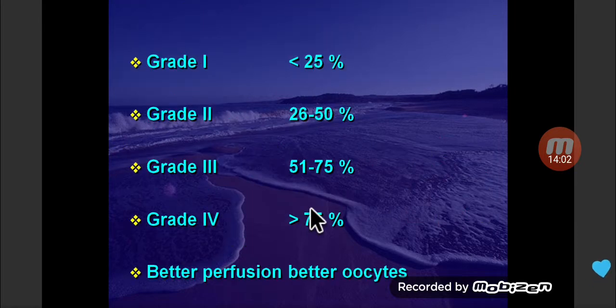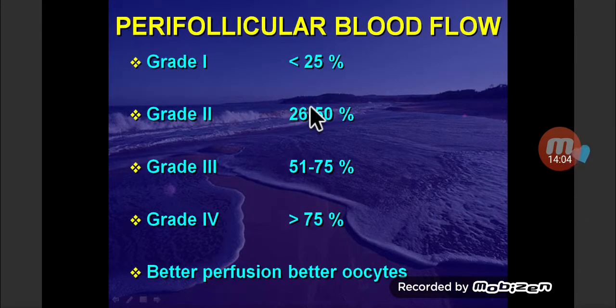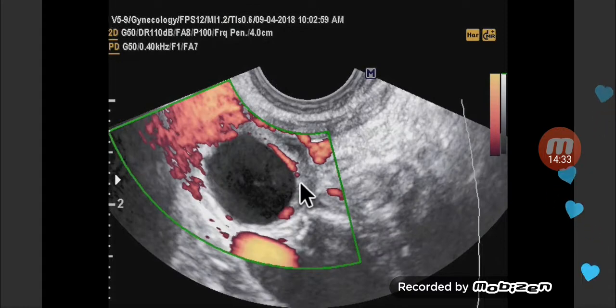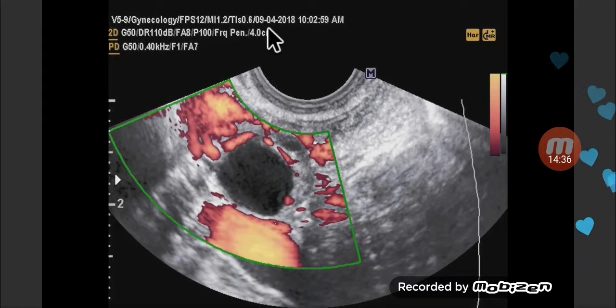These are the grades: 1, 2, 3, and 4. Less than 25, 25 to 50, 50 to 75, more than 75, and we're looking at around 50%. That is subjectively seen, and I'll just now tell you how do you look at it. Better perfusion means better oocytes. Proper perifollicular flow. Because you're using a power angio, it does not matter at what angle, whether it's perpendicular or